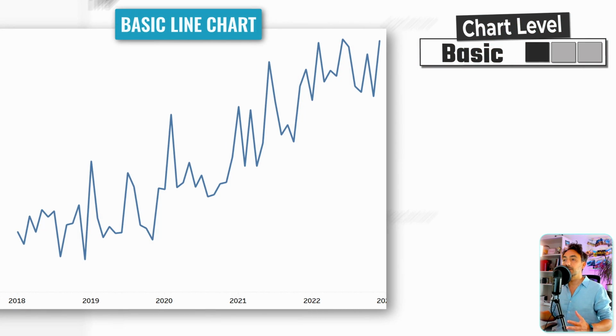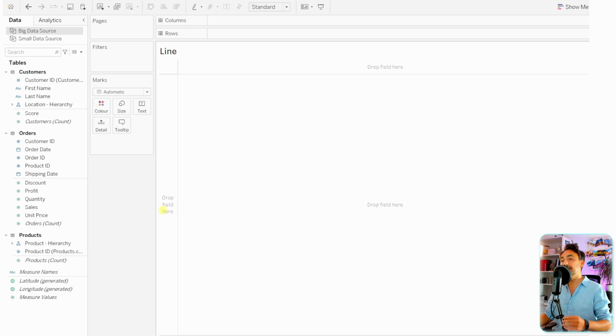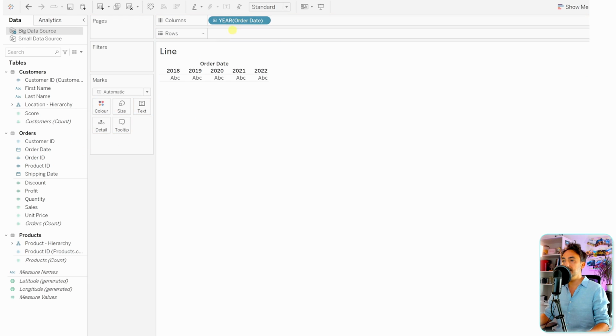Alright, so now we're going to start talking about the line charts in Tableau. They are very basic and very standard in order to show the change over time. So now let's go and build a very simple line chart in Tableau. Since we are saying change over time, that means we need a date. Let's go and get the order dates to the columns, and in the rows we need our measure, sum of